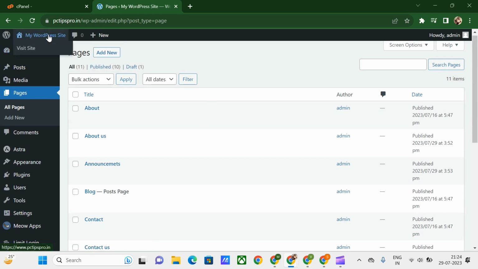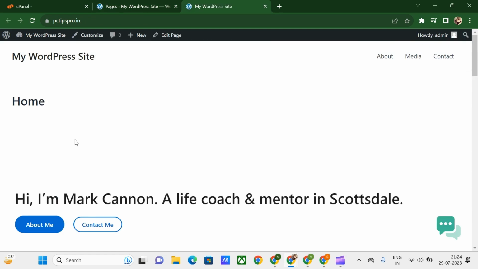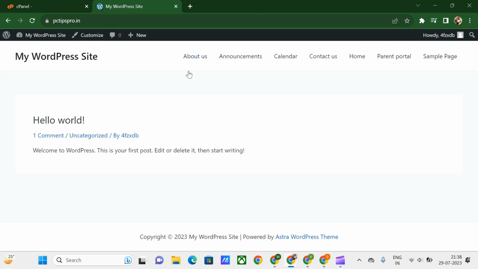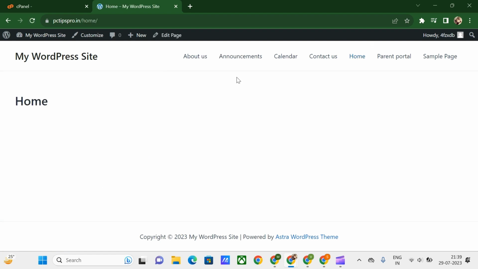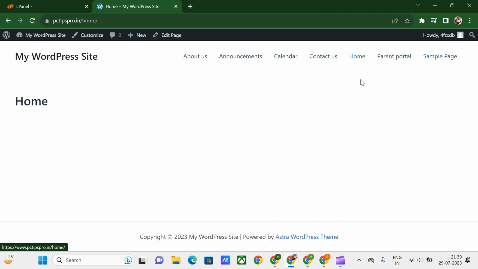And now let us have a look at our WordPress site. Here we go. So here we could see all the pages that we have added, the about us, announcements, calendar, contact us, home and all. But we want, when someone is opening your site, we want to show the home page first, and instead of just showing this. Here it is showing us the sample page, or we want it to be showing the home